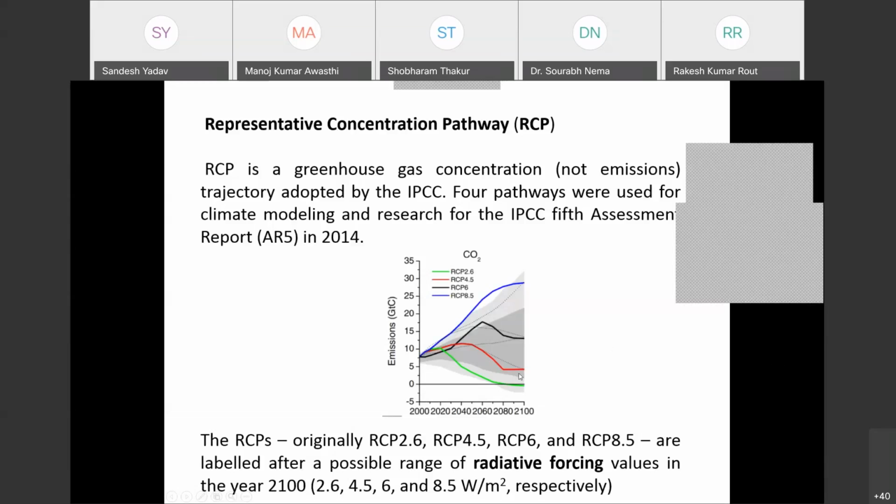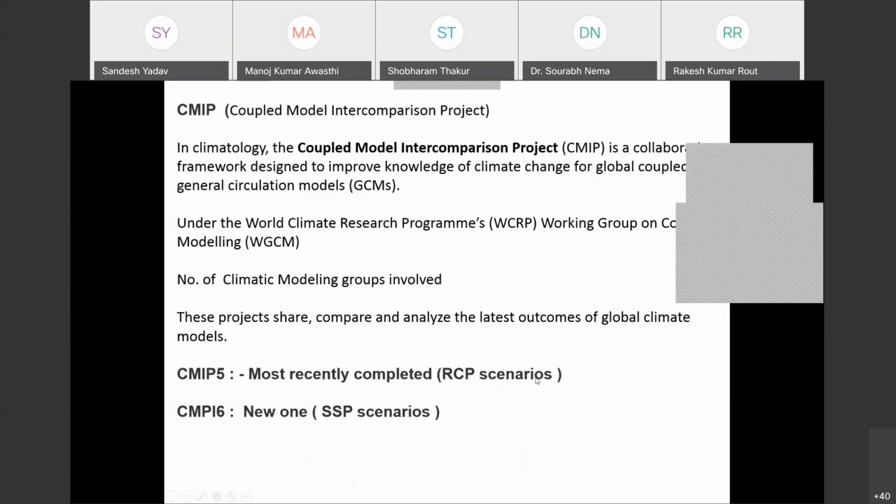So now comes the CMIP. CMIP is the Coupled Model Intercomparison Project. In climatology, you have heard about it many times, like CMIP 3, CMIP 5, CMIP 6. Basically, it's a collaborative framework designed to improve knowledge of climate change from global circulation models, that is GCMs, right? That project is under the World Climate Research Programme, and